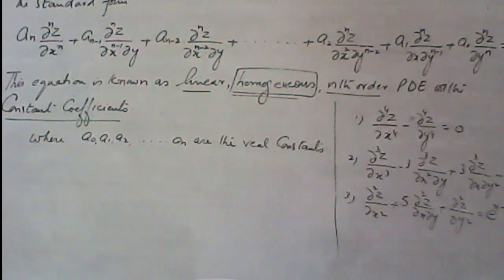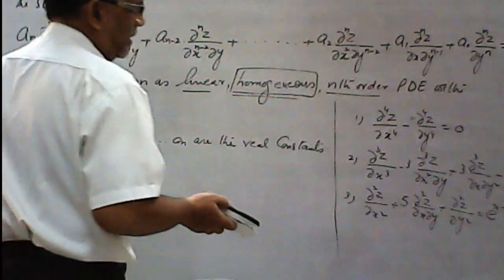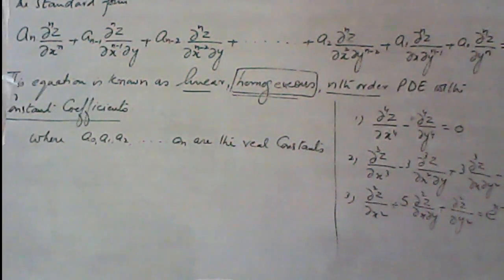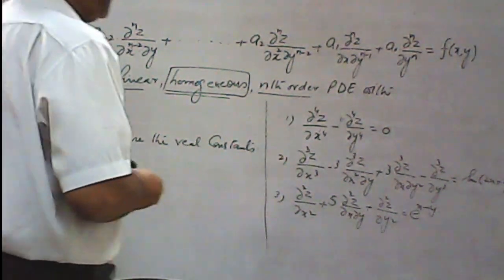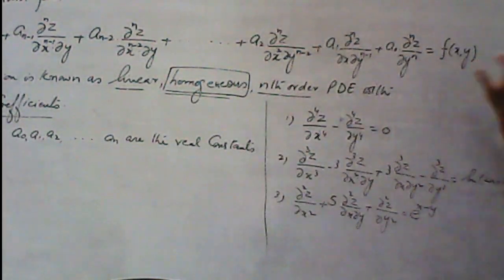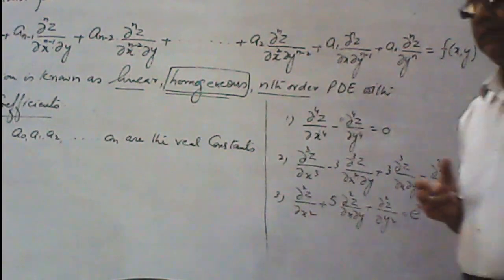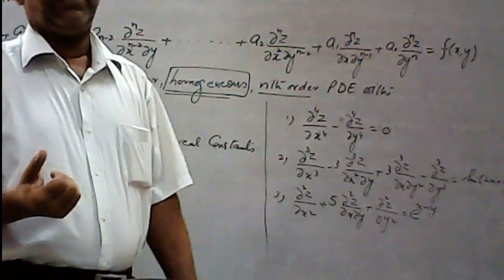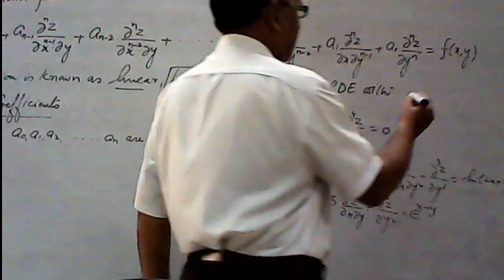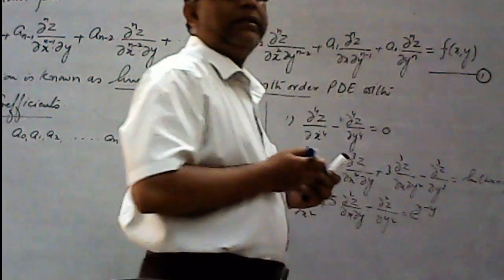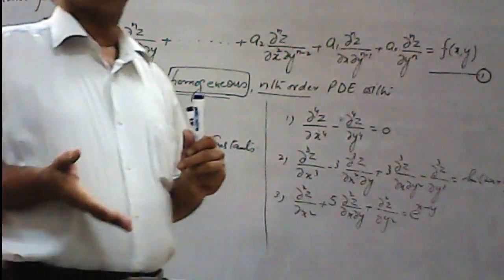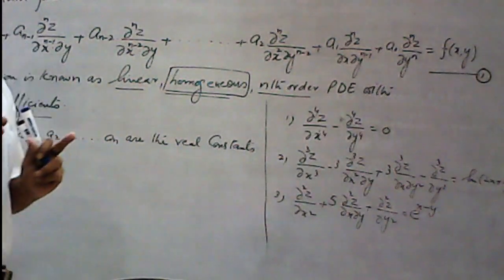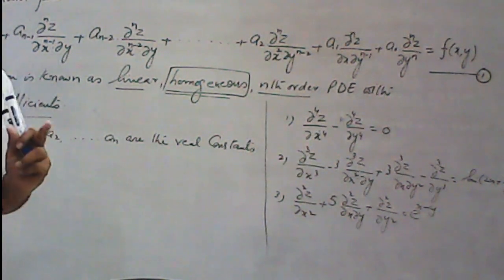Now going on to the solution. As we did in higher order ODE, the solution depends on the right hand side. If the right hand side is 0, then we just need to find the complementary function. If the right hand side is non-zero, then we need to find both the complementary function and the particular integral. This is the same scenario as for higher order ODE.